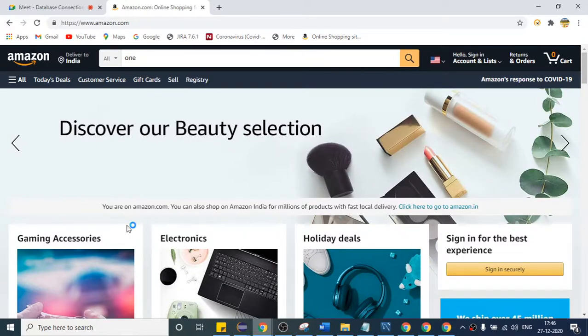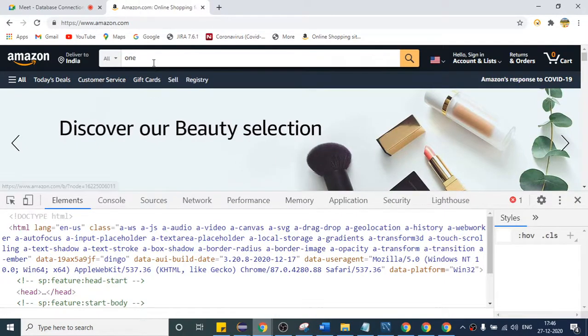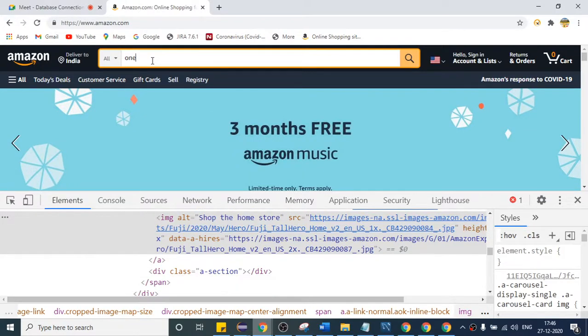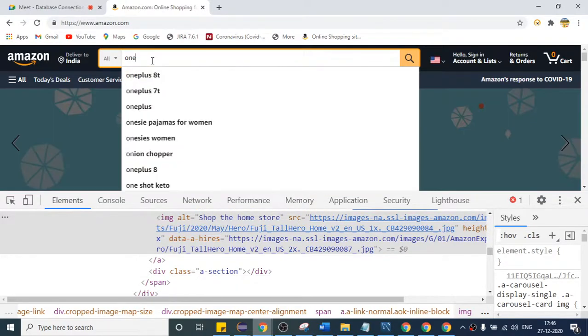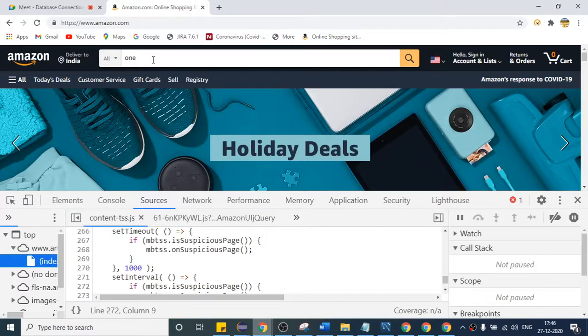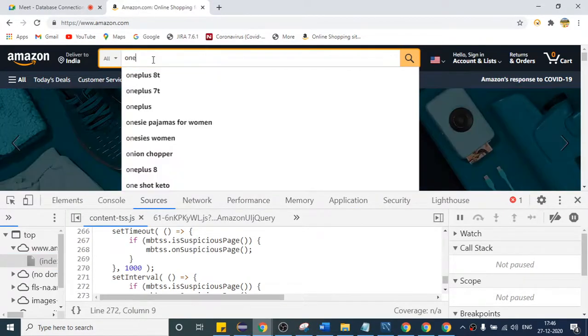I think you have not seen the video, because in the video itself I have explained how you can get it if it is disappearing. Let me explain again. If somehow it is disappearing, you can see the video where I have discussed this already, in the previous lectures where we were dealing with web elements. So come to Sources. Right here, one, and press F8 from your keyboard.